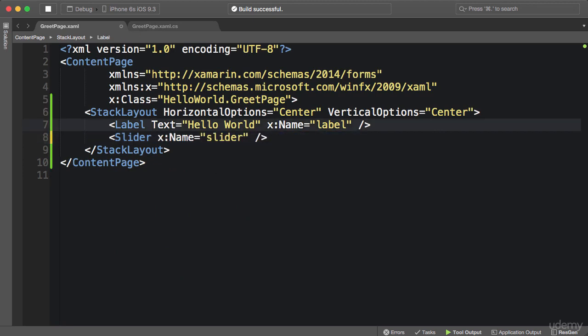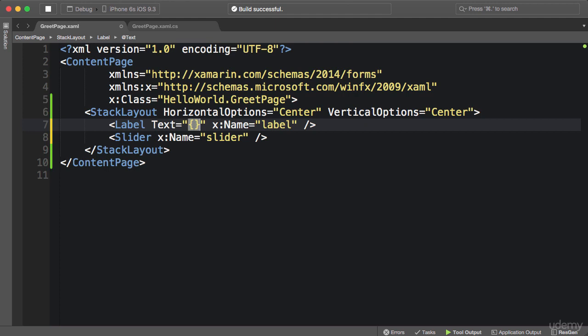Now, we want to bind the text property of the label to the value property of the slider. So we need to use a special syntax for this. So far, all the attribute values you have seen have been strings. At runtime, these strings are converted to a primitive type or an object using a type converter. In case of data binding, we cannot convert a string value to a binding expression. That's why we need a special syntax, and in XAML, this is called XAML markup extensions. So we use curly braces to instruct XAML parser that this is not a string literal, and it's a markup